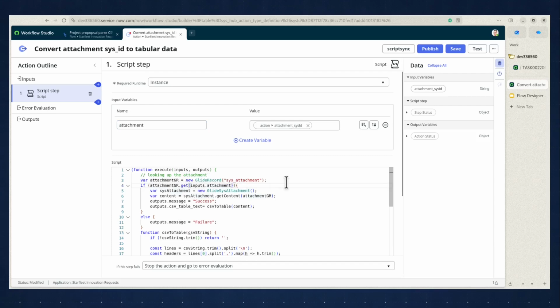We have created a new glide record object for sys attachment, and we are trying to get the record of the attachment where it is inputs.attachment. And once we have it, we will try to get the content, and to get content is a very simple function from the sys attachment class, that is get content. And if it is done, we set the output message to success, and we set the output CSV table text to